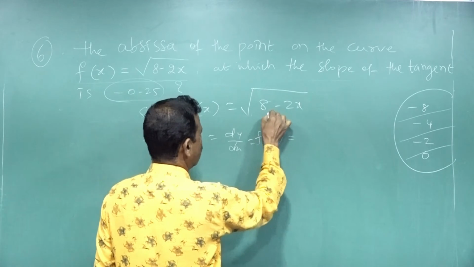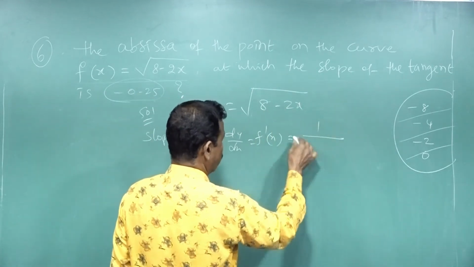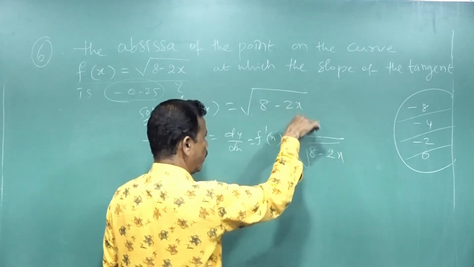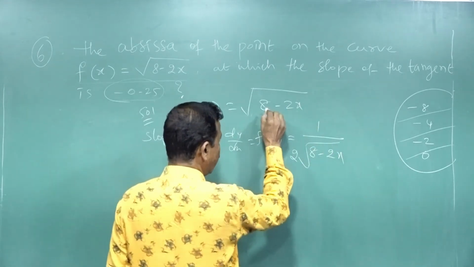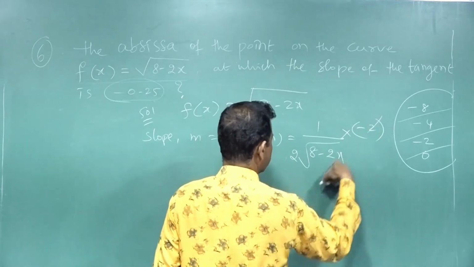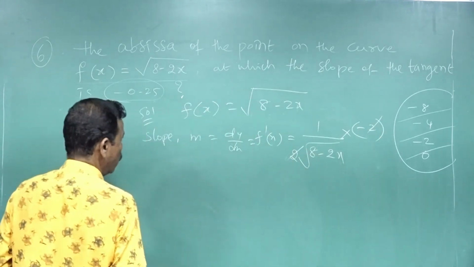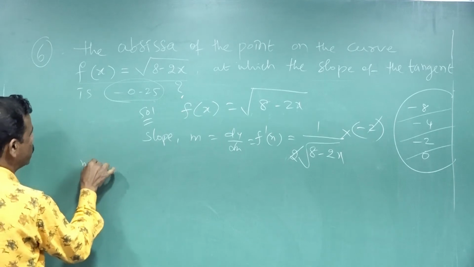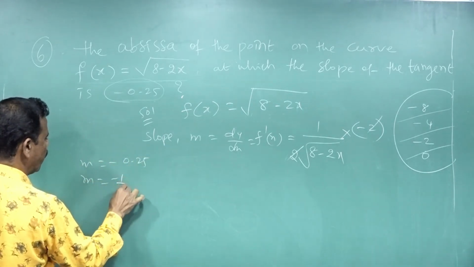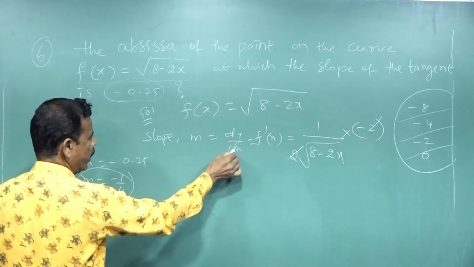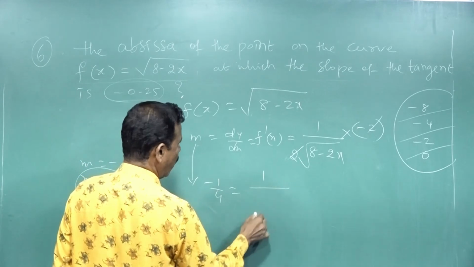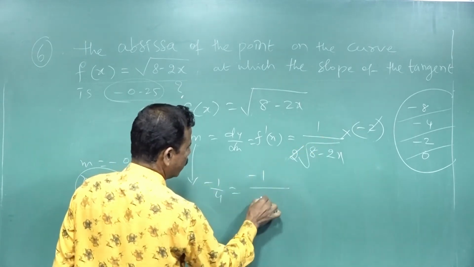F dash x of root of 8 minus 2x is 1 by 2 root of 8 minus 2x. First, root x derivative is 1 by 2 root x. Again the inner derivative, 8 minus 2x derivative is minus 2. This 2 cancels. So again the slope is given. M is equal to minus 0.25, given. This means minus 1 by 4. We substitute here. M value is minus 1 by 4 is equal to minus 1 by